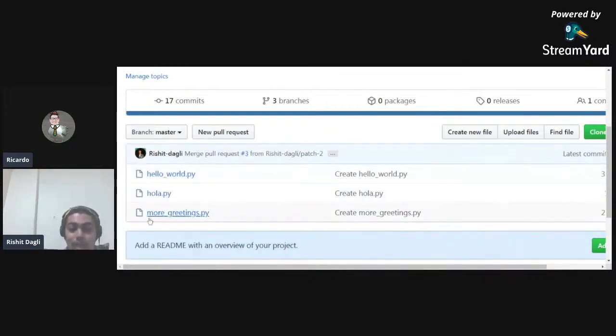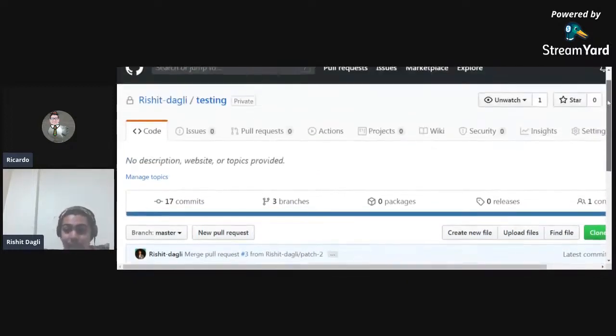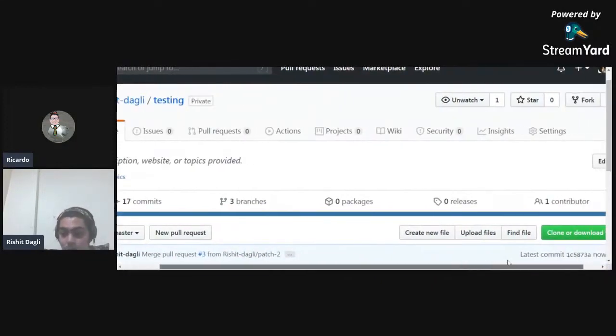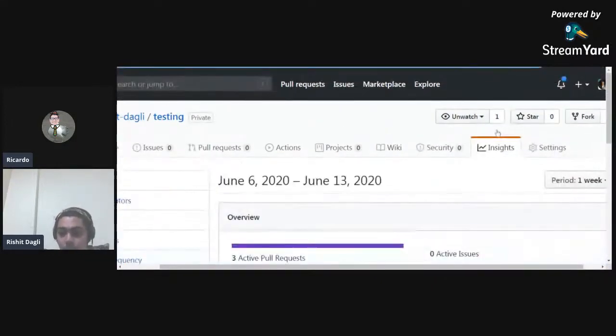And I also got this more greetings file, which I made in the master branch. So Git just tracked those changes for me and brought in the hola file. That's something cool. What I also want you to see is Git has this wonderful thing when you go into